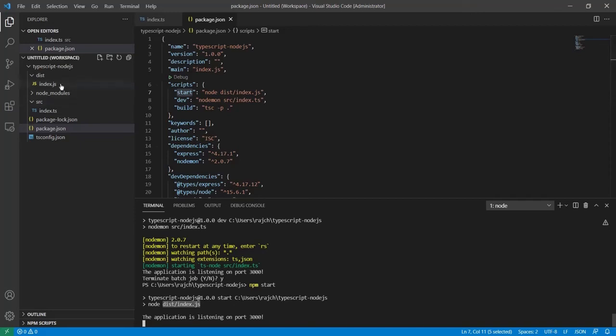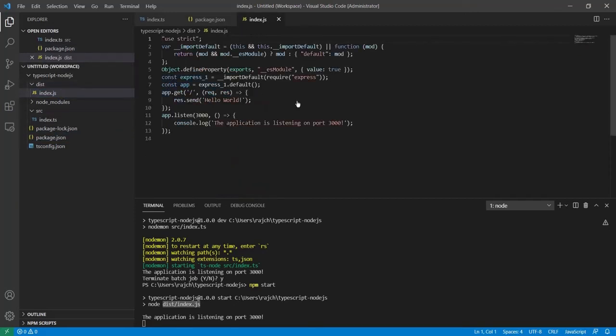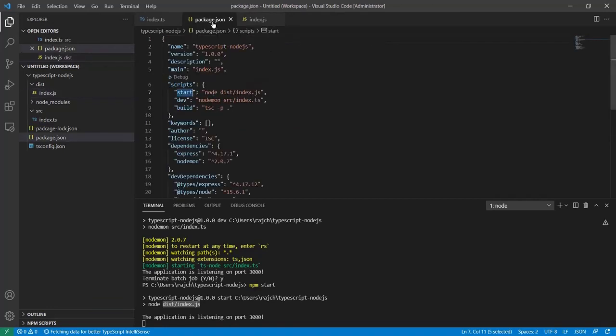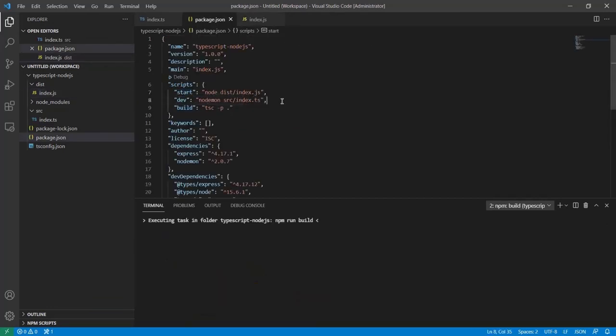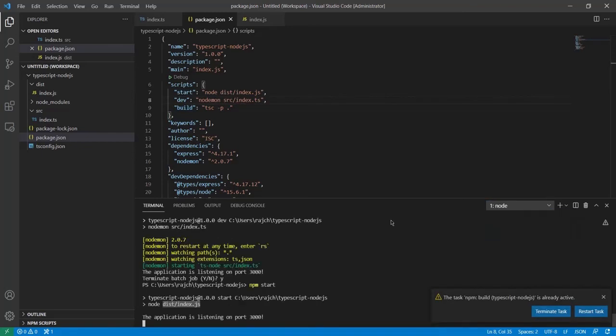Okay, let me have a look at the JavaScript code. You can see this is the code automatically created by the TSC compiler, using the npm run build command. Sorry, not dev, we used build for compiling the TypeScript file, and it converted the file into the dist folder.